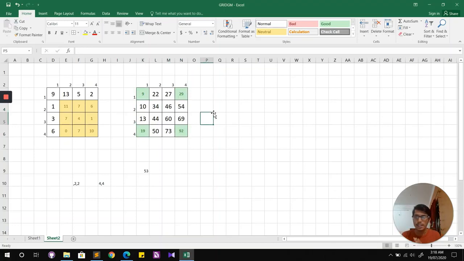So it's very easy. If you see, for the first row, it is nothing but the prefix sum, right? If we find the prefix sum for this 1D array, it will be 9, then again 9 plus 13, 22, and again 27 and 29. And once we have this prefix array for the first row, what we need to do is, let's say we want to find this number. How did we come up with 34? So 34 is essentially sum of all these elements, right?